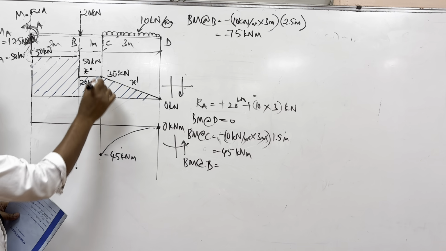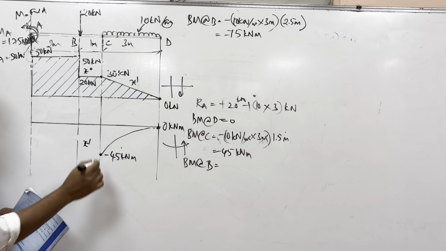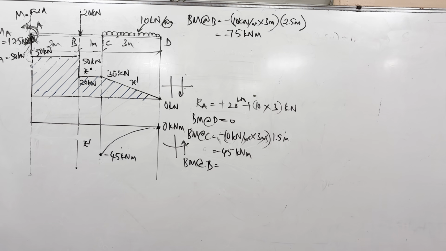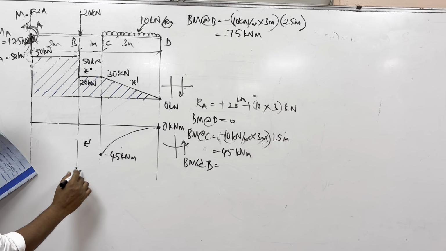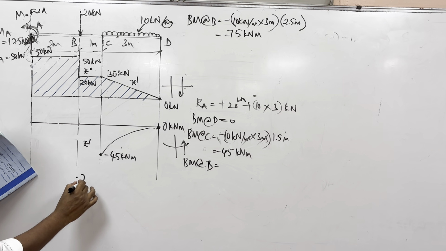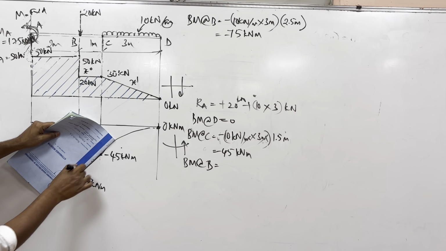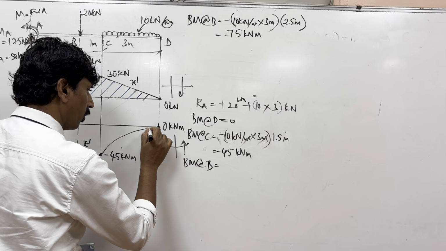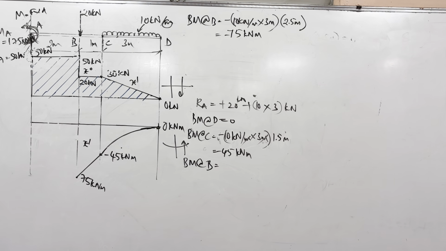Here it is x to the power of 0, here it is x to the power of 1. X to the power of 1 is a straight line. So from here to here, it should be a straight line. From where to where? 75. So 45 is so much, 75 is this much. So here it should be clearly written as a straight line. Here it should be clearly shown as a curve. Okay, now once you have done that,